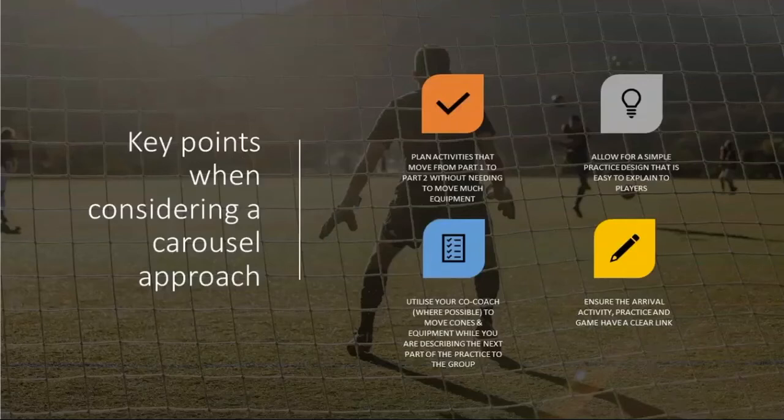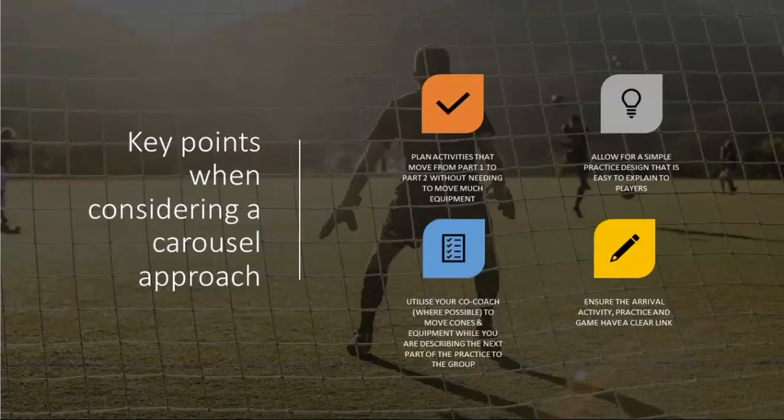So, for example, your arrival activity could be just a small-sided game. You've got your pitch with a goal at each end. We've got a challenge tonight: we're trying to play forwards, and you've maybe set a challenge for the players. Right, when you get the ball in our game, in the first 10 minutes, if you play forwards 3 times before you score, the goal counts as double, something like that. And then really simply, just add 2 lines across, and we're playing one of those games where we're locked into different parts of the pitch, and now they're being forced to stay in an area to be released when they do play forward.